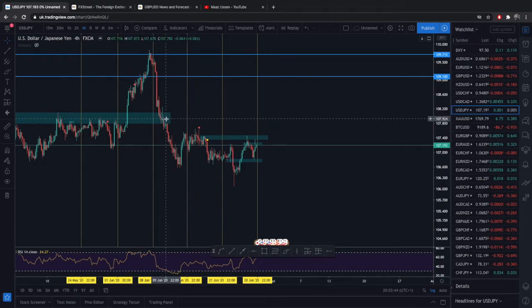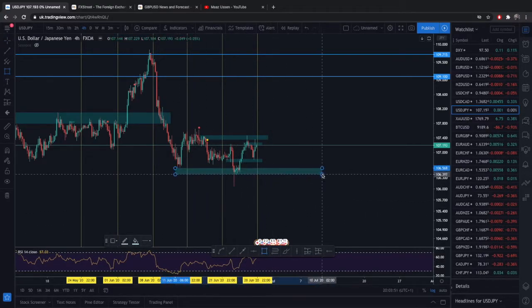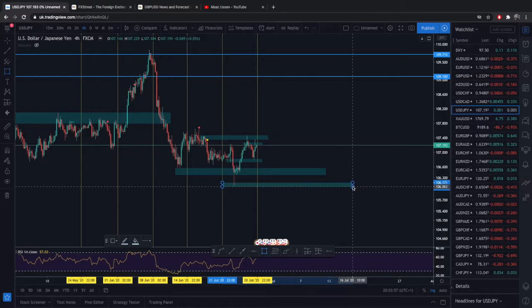USDJPY has a little bit of a mind of its own, actually, right? And what can we actually expect? So we can see there's some key areas of support being lined out here. We've got this massive long wick right here, and we've just got to create a little zone here just because of the fact that the market came to test this area for some sort of reason. It's a 1.06 level right here, key psychological level as well.